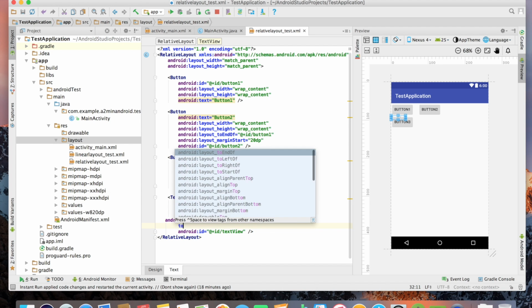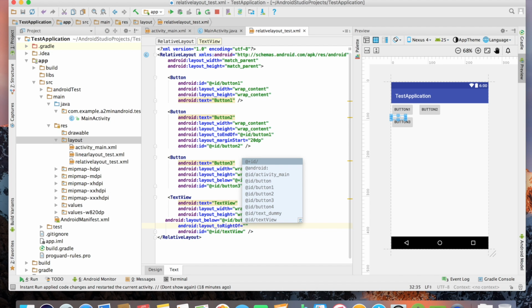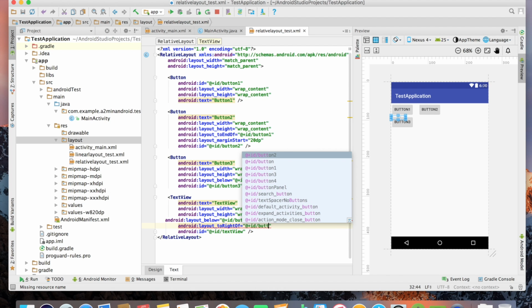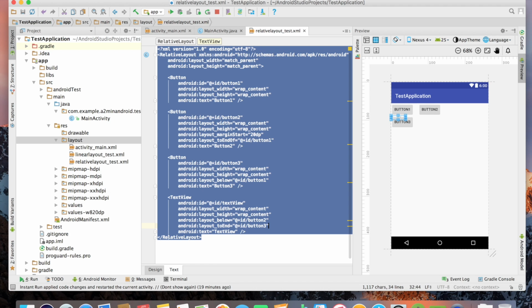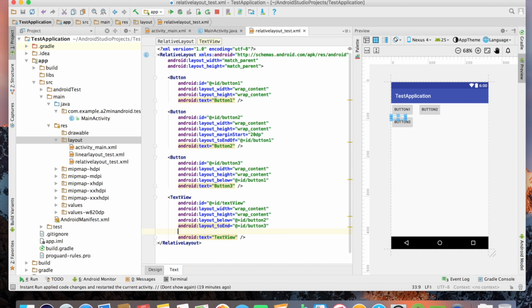and to right of ID button 3. Now it's been pushed right of button 3. Oh, not toRightOf, toEndOf. I'm not actually too used to the new naming conventions. toEndOf. Okay,